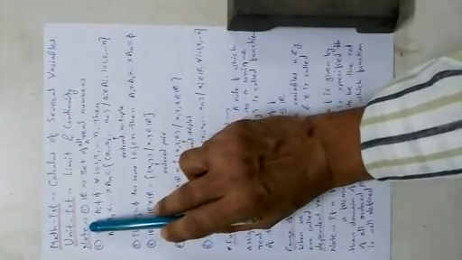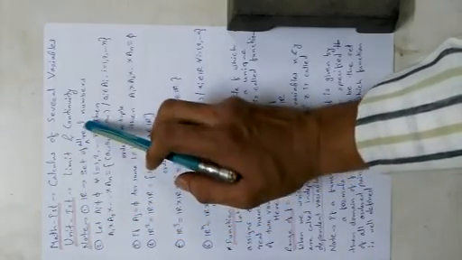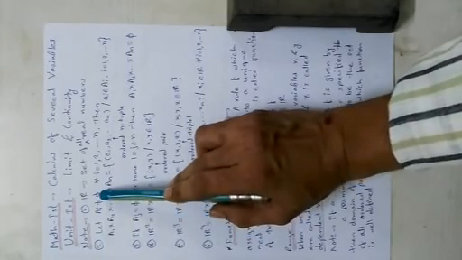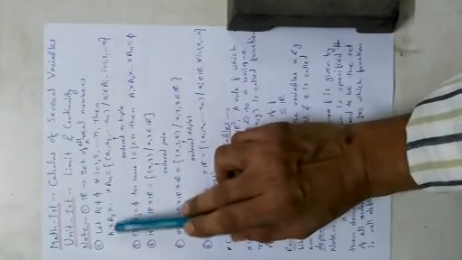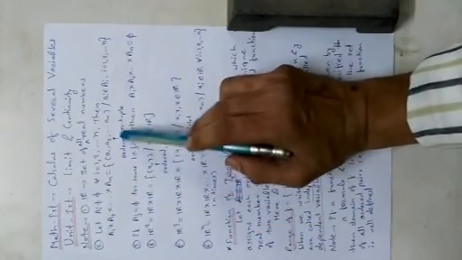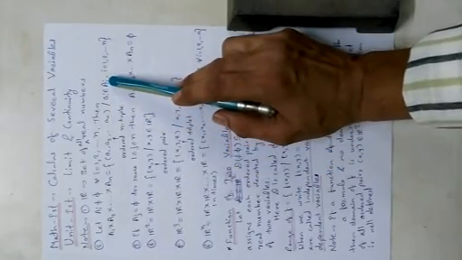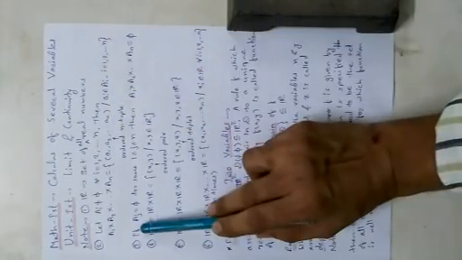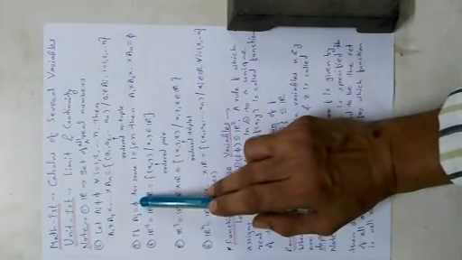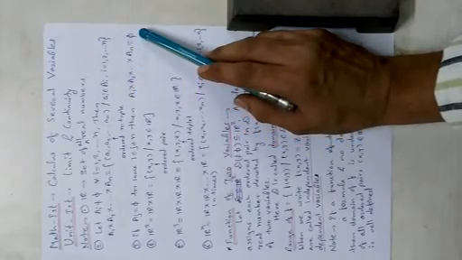First we would like to note that R denotes the set of all real numbers. If each Ai is a non-empty set, then the Cartesian product of A1, A2, ..., An is equal to the set of all ordered n-tuples (a1, a2, ..., an) such that ai belongs to capital Ai. Next, if one of these Aj is the empty set, then the Cartesian product of A1, A2, ..., An is the empty set.